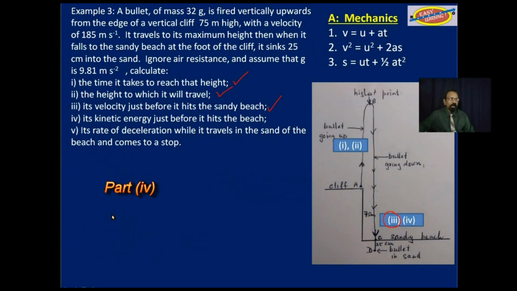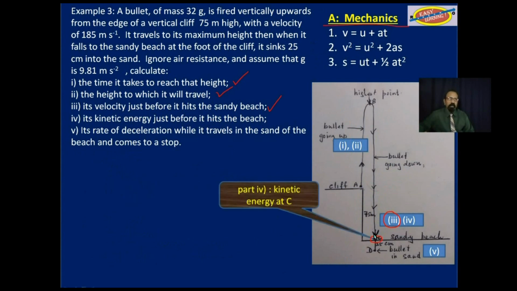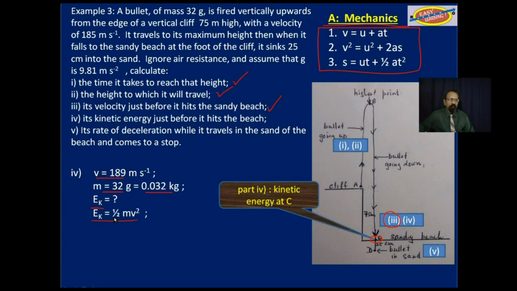We want to know the kinetic energy just before it hits the beach. That is to say, we want to know the kinetic energy at this point. In this case, we will not have to use these equations because none of them deals with kinetic energy. But you do know that if we know the velocity and we know the mass in kilograms, then we can find the kinetic energy. Kinetic energy is equal to half mv squared, and we have looked at that equation before. We substitute the numbers we have, remember v squared, and we get